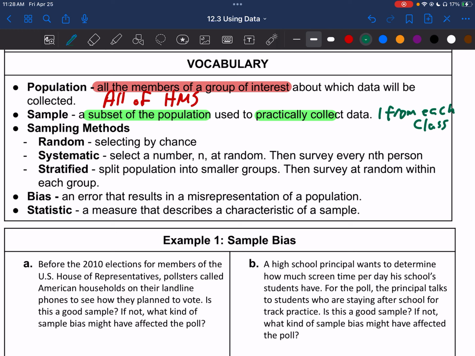So by using representative samples, you're able to make predictions about what the larger group does with a certain degree of certainty. Now, let's take a look at sampling methods. These are three different ways in which we can choose the samples we use. Random selection is selecting by chance. Everyone has an equal chance